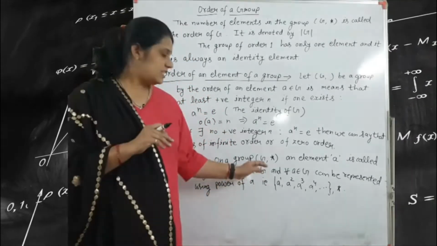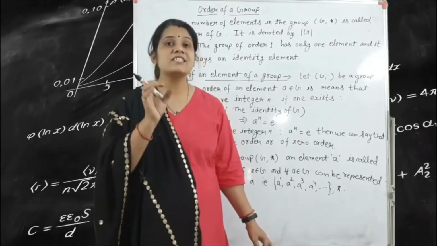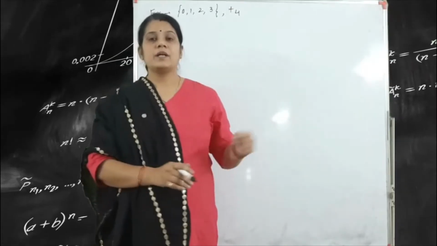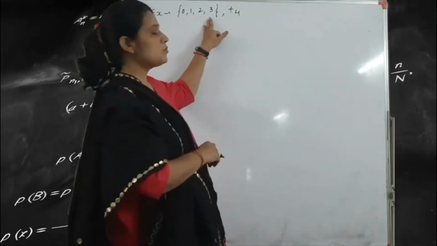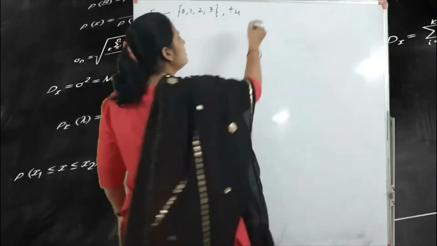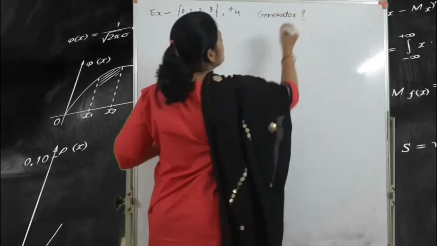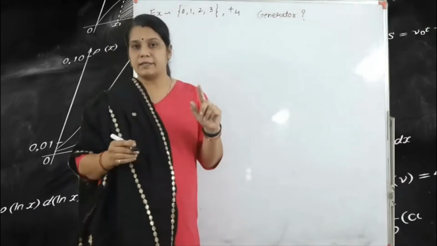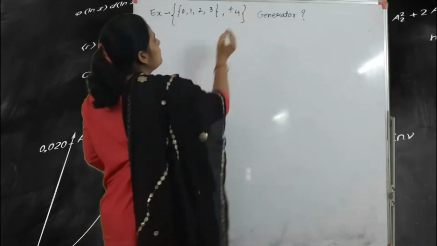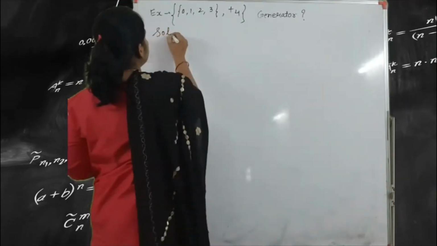Okay, so we take one example, and with the help of the example we find out what the generator is and what the process of finding the generator is. The example is the set 0, 1, 2, 3 and the operator is addition modulo 4, and we are finding the generator. For finding the generator, we have to use every element of the group G. So here we are given 0, 1, 2 and 3. What is the process for finding the generator?